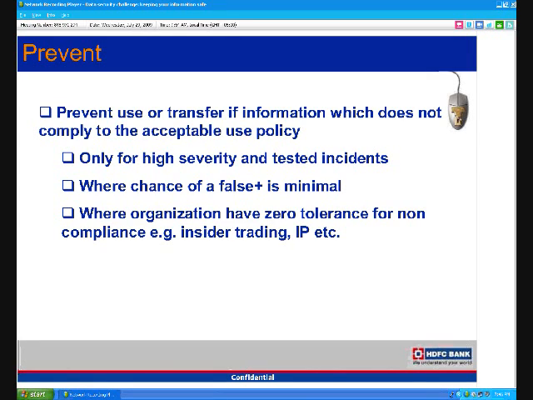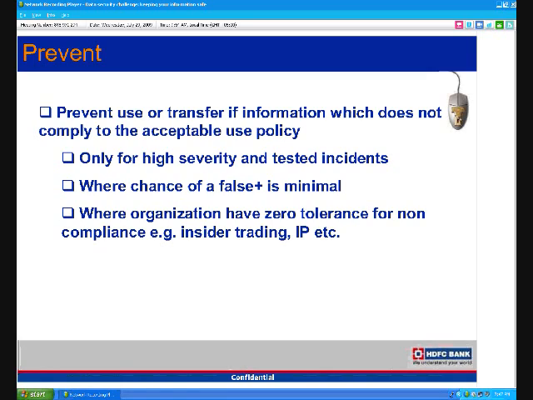from sending that information out. So I think the important aspect to get it right here is that you need to make sure that you have fine-tuned the policy so that the false positive rates are minimum, so that it does not create a business disruption and the data which needs to go out goes out. The second thing is you need to define your policies such that only the most critical ones, like for example insider trading or intellectual property or something which is very, very important for you, are the ones which are actually put in this kind of prevention phase.